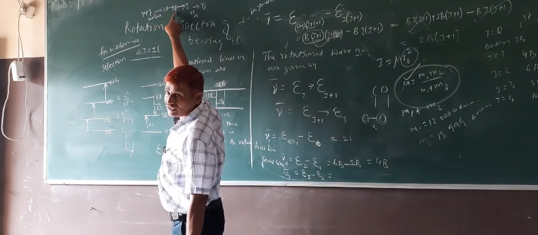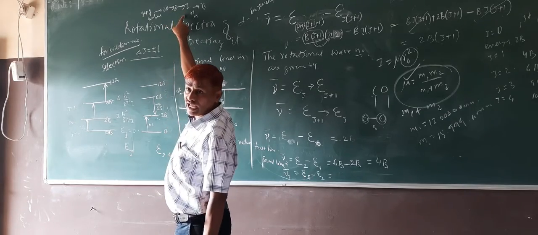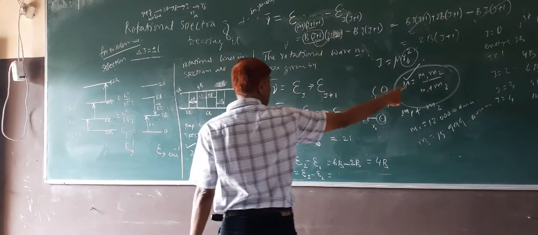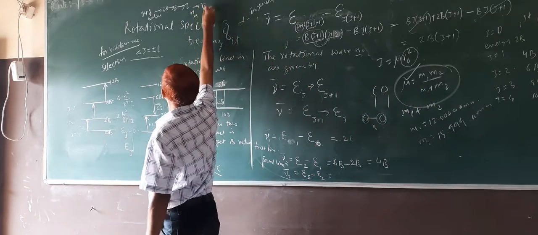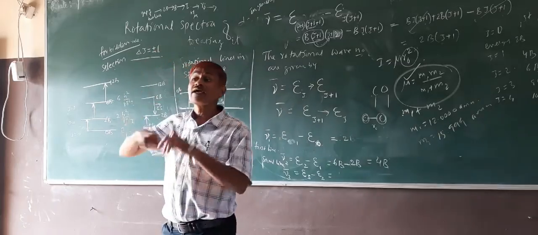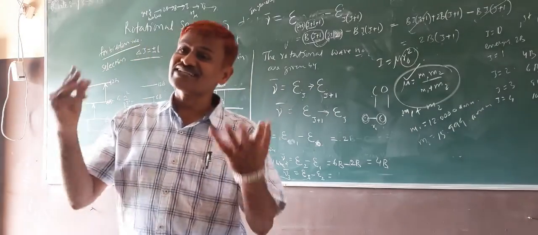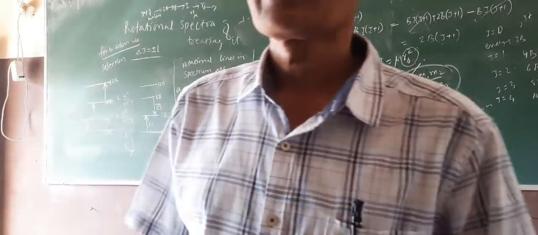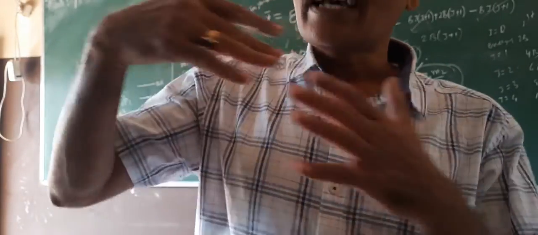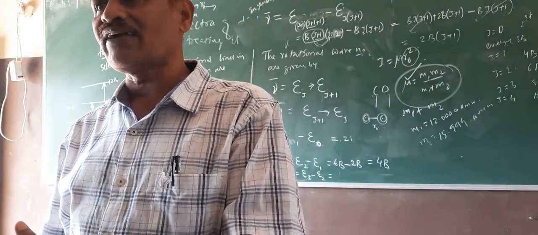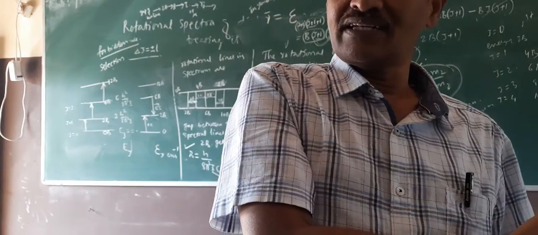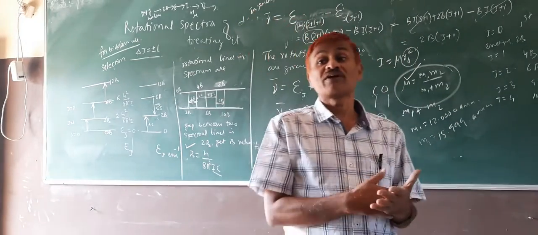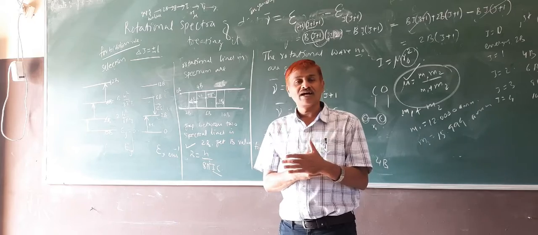From 2B you can get B. From that you can get I. By knowing the reduced mass, by knowing the individual masses of the atom, you can get R0, and this can be verified. How can you say R0 is correct, that what I measured is correct? There are other methods from which you can calculate R0, and this value calculated from our theory matches with that experimental value obtained from other theory.